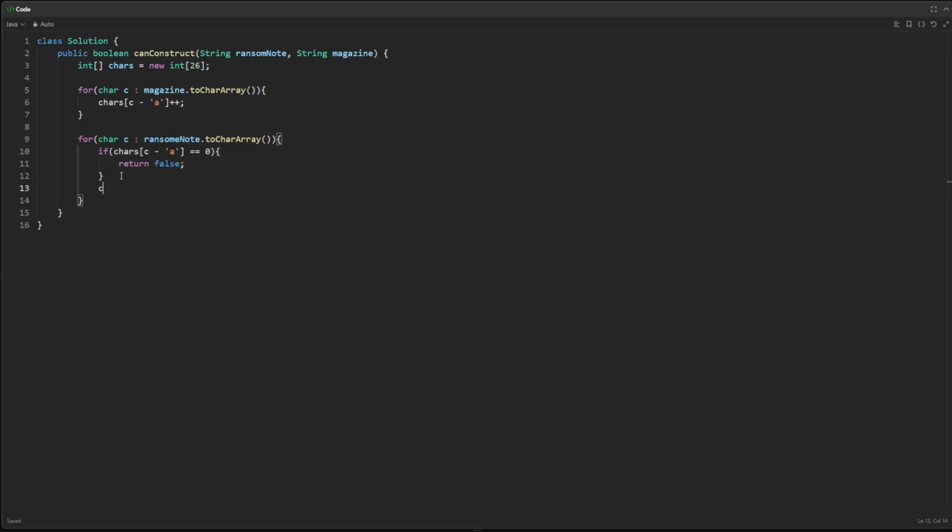Otherwise, we're going to decrement our count for C minus A by 1 because we've used a character. Like if we haven't triggered this if statement, then we have used a character, and therefore we're down 1 character. And then what we want to do is just return true if we manage to run through this loop without triggering this if statement. So, and then if we submit this,